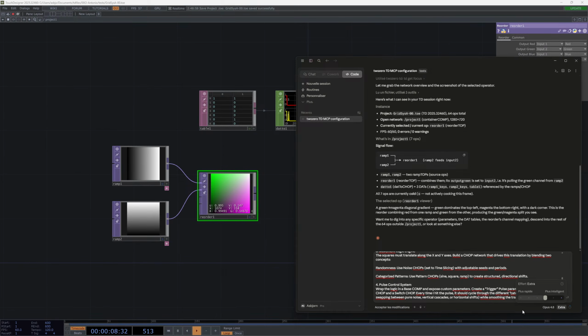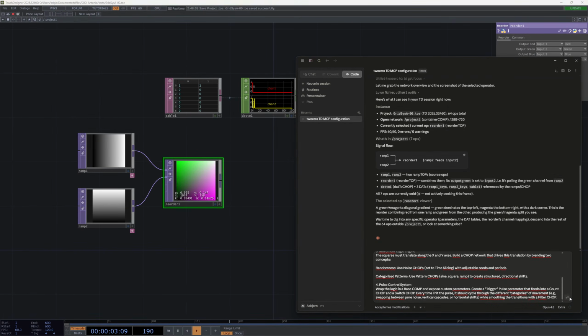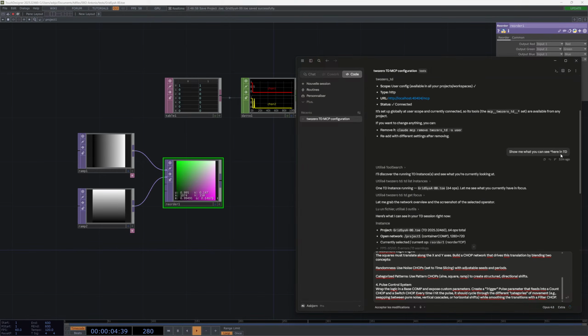I think it needs more thinking, honestly. Yeah, it's a powerful feature. So I want to see how it works. First, the last thing I asked was, what do you see here in TD? So it suggested that I use a little star here in TD, so it understands how to work. I'm not going to go through the connection and stuff, but honestly, it was surprisingly easy